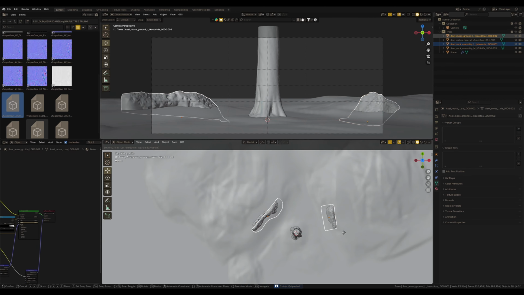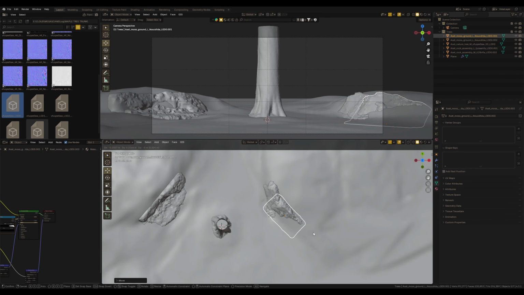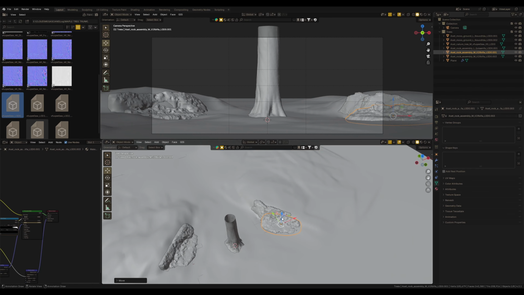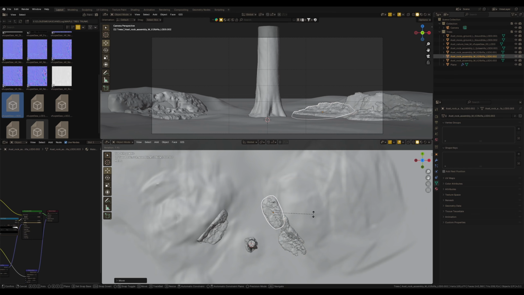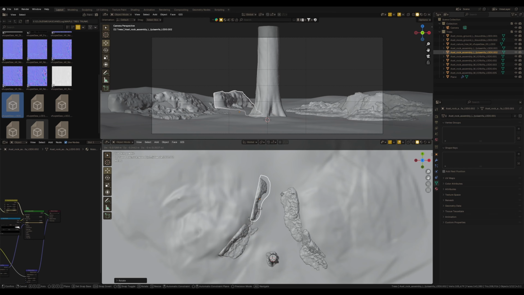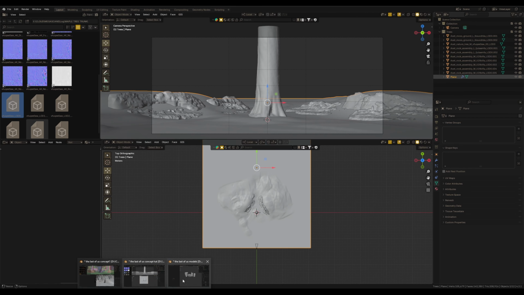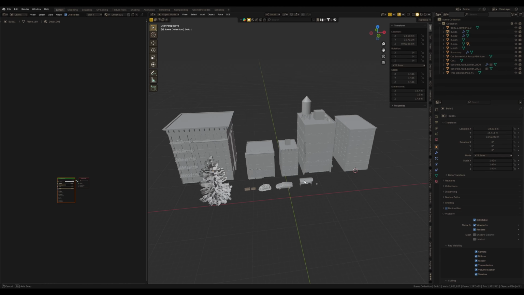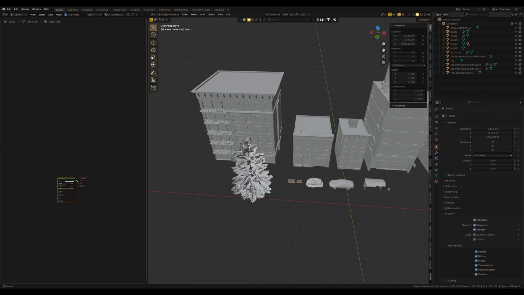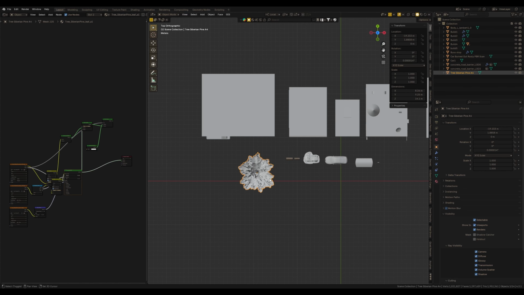I also added some enhancement assets to support this landscape creation, creating a platform for this tree in the center part of the scene, with forests scattering into the distance towards the city behind the scene. So this is the foundation of my landscape for this artwork, which we'll continue working on now. And I already gathered some models for this project, including another large tree to enhance this scene.